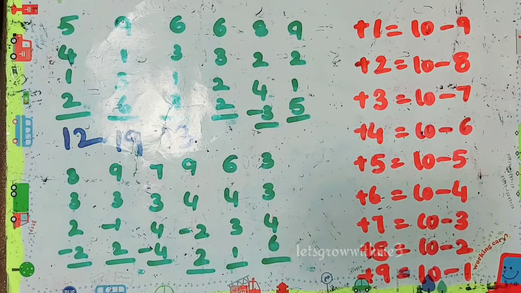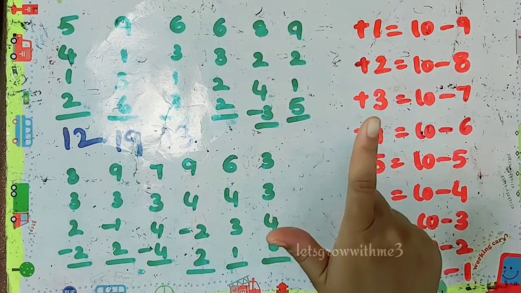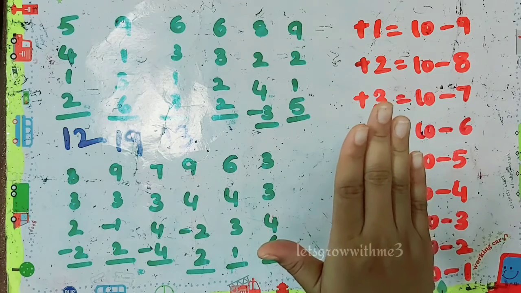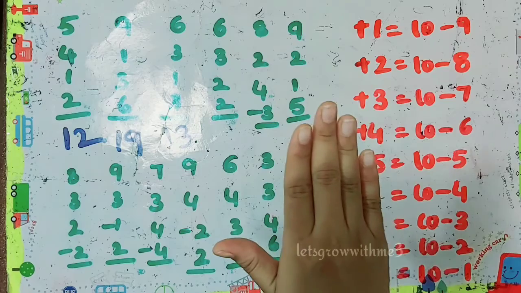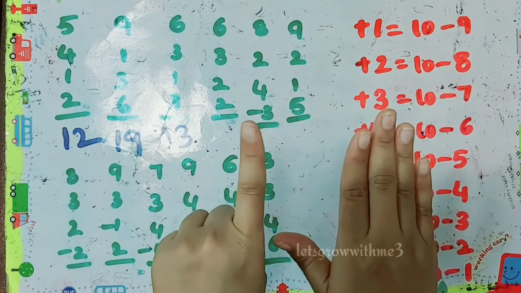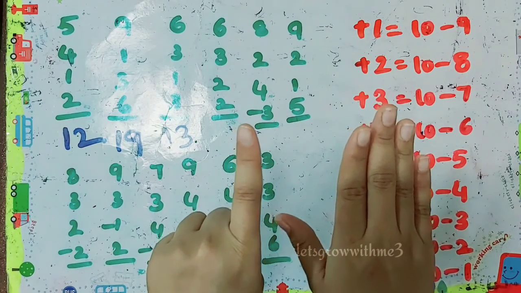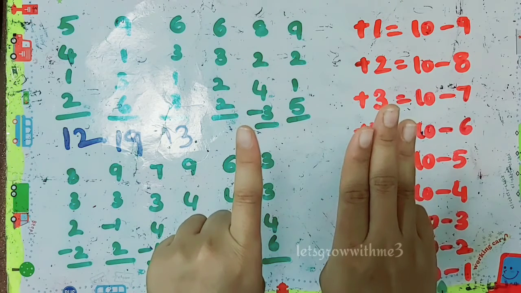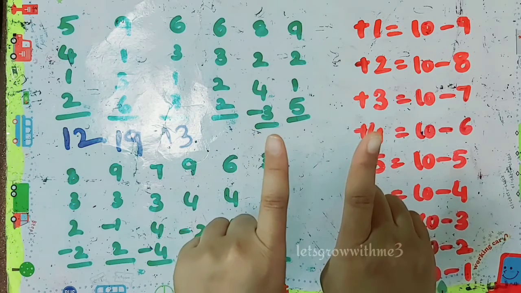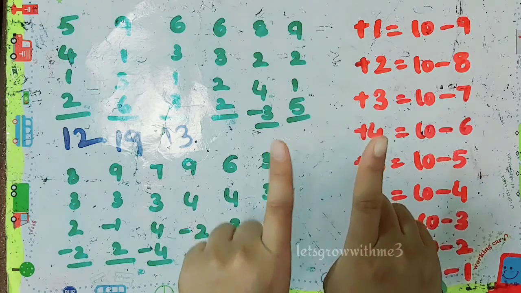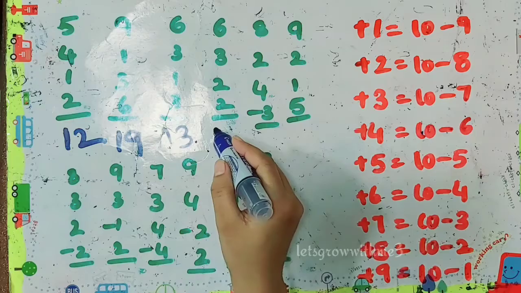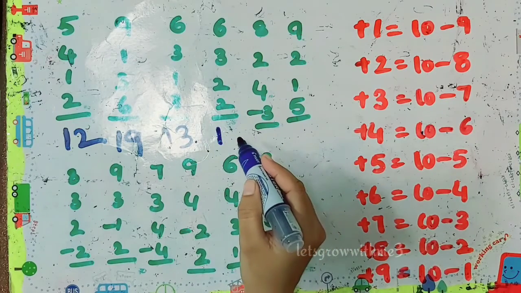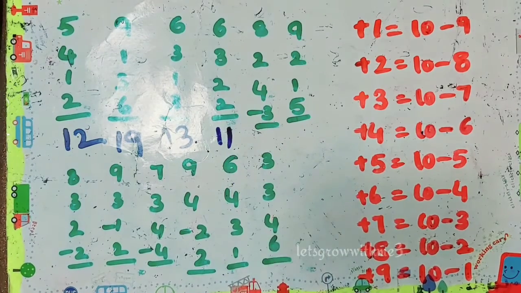Yeah, next question. 6 plus 3 we can add directly, plus 2 we can't add, not even with a small friend. Then go for the big friend, plus 10 minus 8, 5, 6, 7, 8. Then again plus 2. So we need to add again 2. I forgot to add, but anyway I'll do it now.